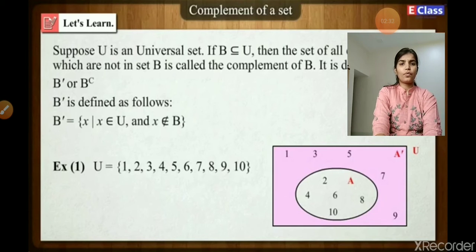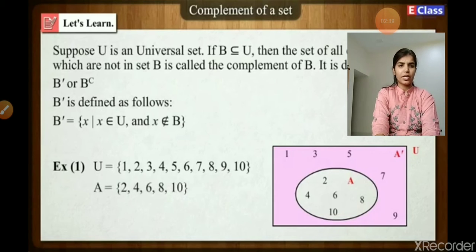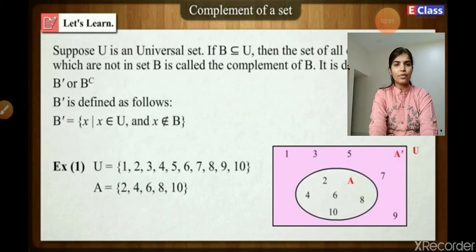So for representing a Venn diagram, we are using our circle or any closed figure. But for universal set, we have to use a rectangle only. Okay. So you see on that screen, we represent set A in a Venn diagram with the help of the oval shape. Okay. So in that we are writing the numbers 2, 4, 6, 8, 10. Okay, so these numbers are also in the universal set.